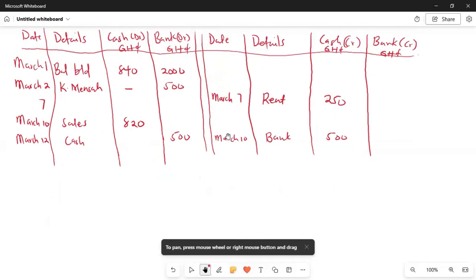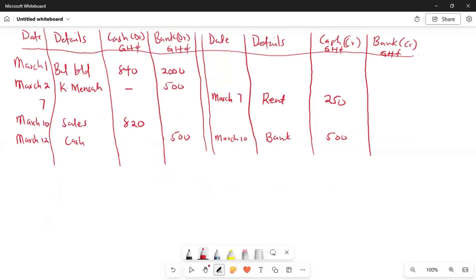The next transaction is saying that paid check to B Bonds. Check here is bank. So here we are paying money towards B Bonds. Bank is giving. So if bank is giving, then we have to credit bank. So here is